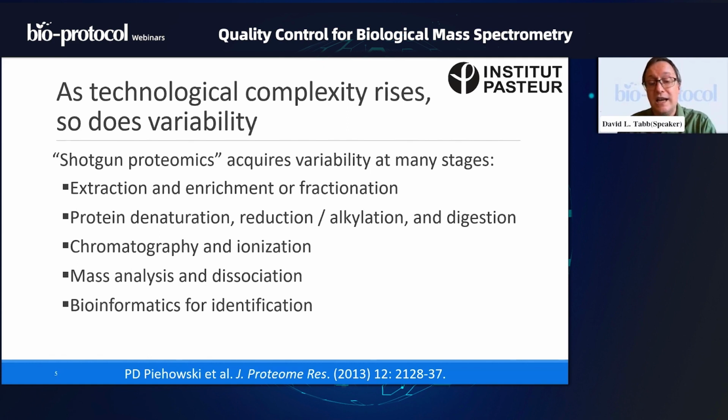So let's consider this in the case of shotgun proteomics. We already talked about the processes of extraction, where we try to get the proteins out of cells. Perhaps we've used something like enrichment. Maybe we were interested in phosphopeptides, so we used a column to enrich for phosphopeptides. We maybe used fractionation for a very complex proteome. All of those different processes can bring variability along with them. And even if you started with exactly the same blob of cells, the proteins that come out will differ if you extract this aliquot and then do another aliquot differently. Even if you try to follow the same steps as identically as possible, variability will still creep in.